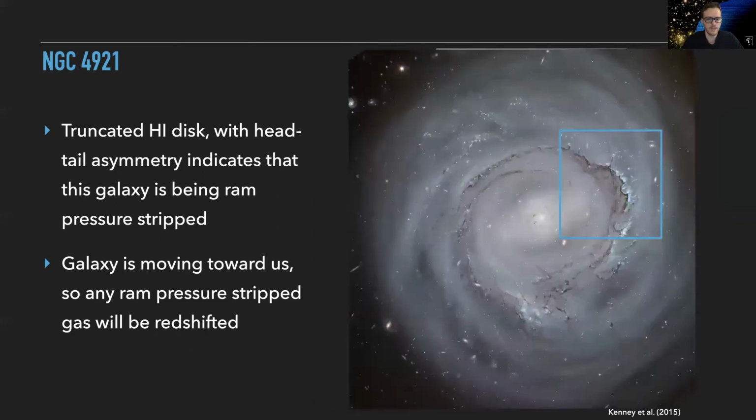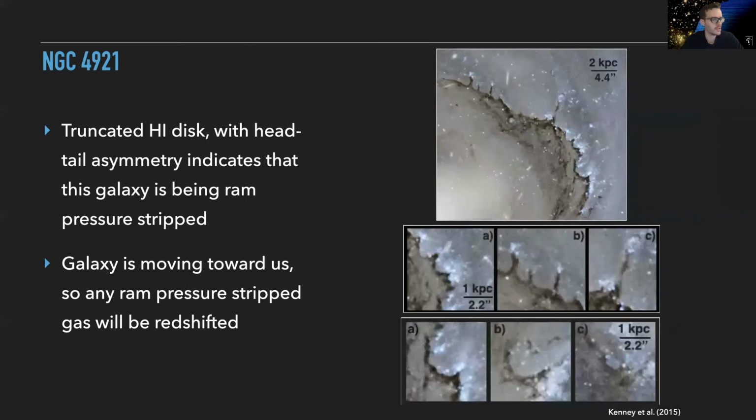This galaxy is particularly interesting because we have some very deep HST images of the galaxy, and it's close to face on with an inclination of about 11 degrees. So we can see some really interesting ISM features on the leading side. If I zoom in on the leading side, you can see all of these ISM features and the dust extinction that stand out in the HST image, such as long filaments.